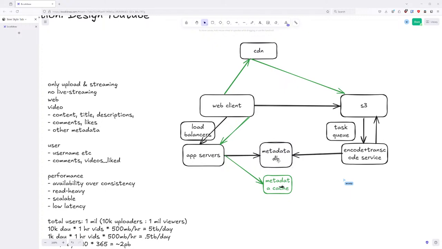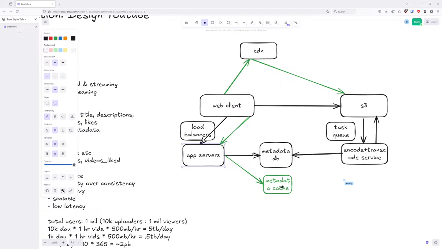What request exactly is the app server making to the metadata? Like, it's getting a read request presumably. What is it reading? The videos from the region for the CDN. Well, all videos are in every region.